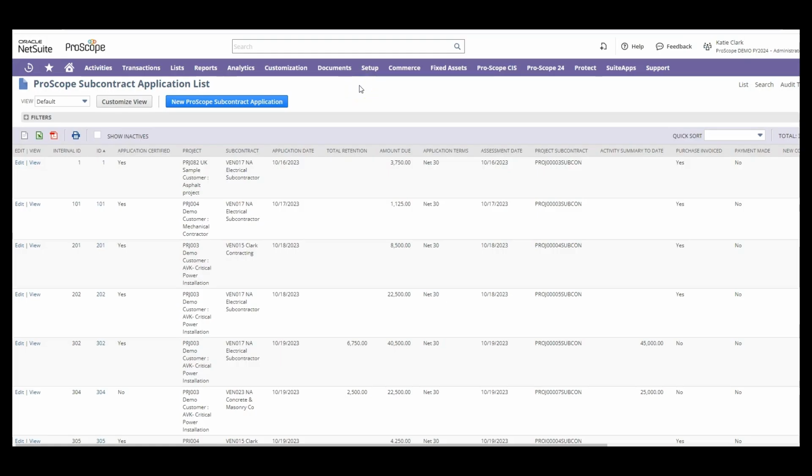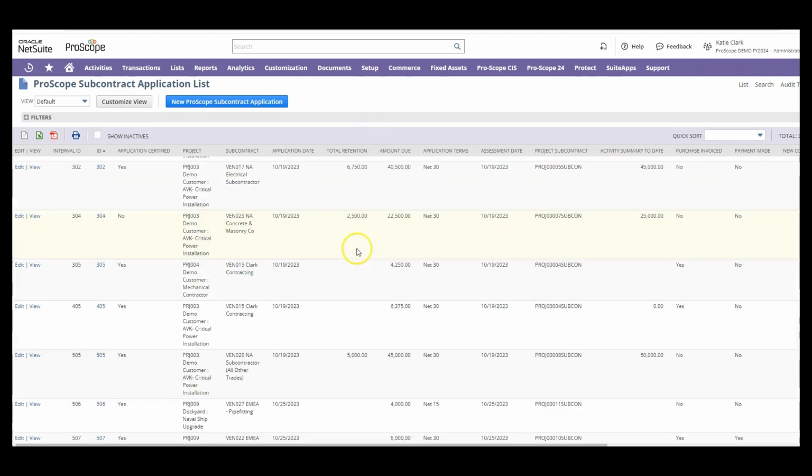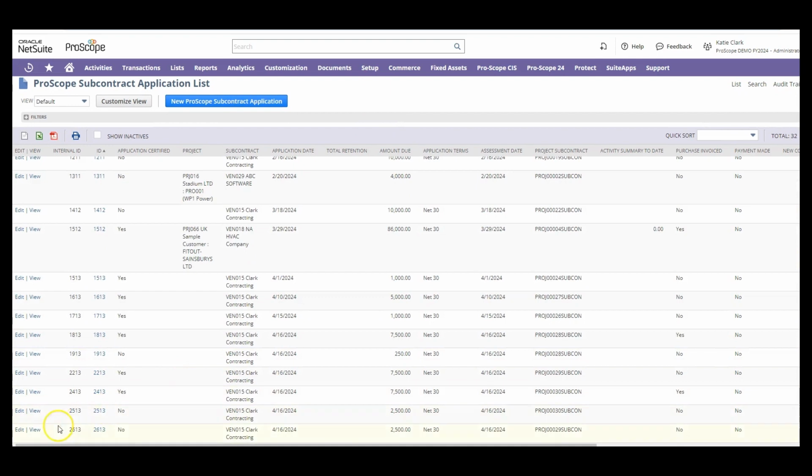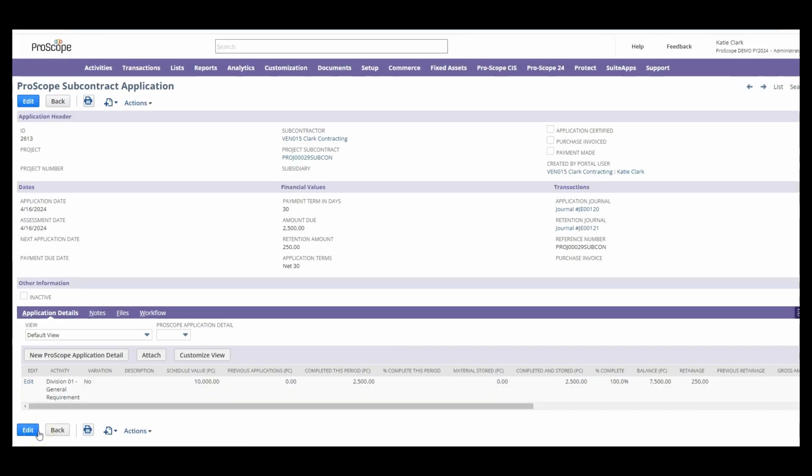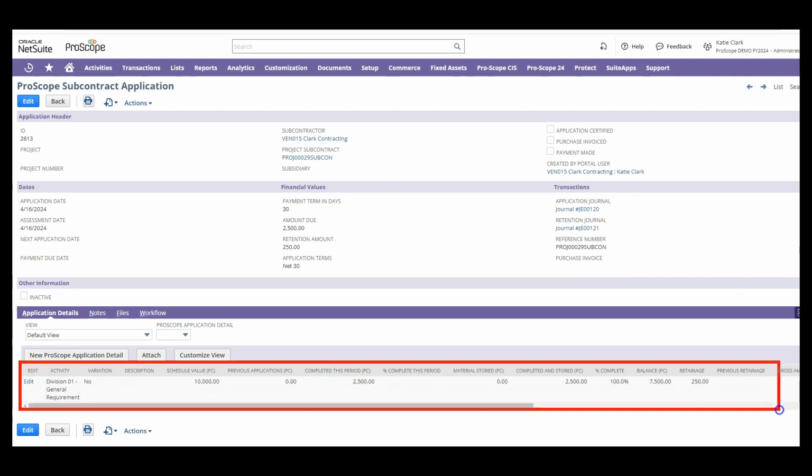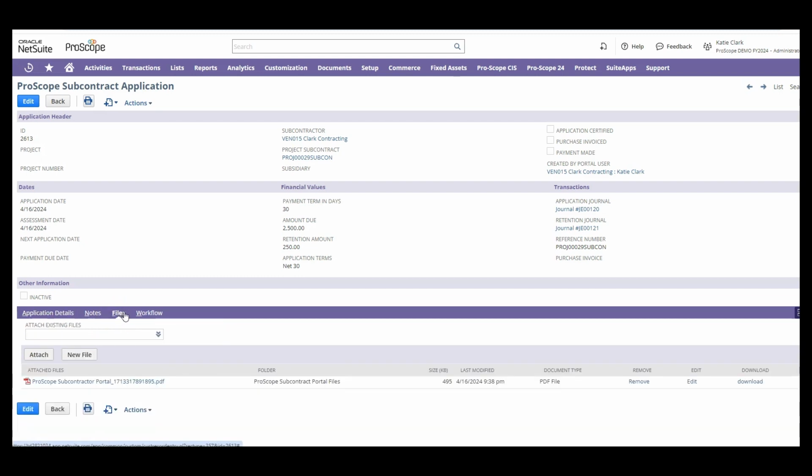So now that we're back in ProScope/NetSuite, we're at the subcontractor application summary list. We'll scroll down to the most recently created application. And you'll notice this looks very similar to the application we saw earlier that we created directly in ProScope. However, the one difference here is that this indicates it was created by a portal user, which was myself just now, and it'll include all of the same information that was indicated in the portal to include in the application. Also in the file cabinet here,